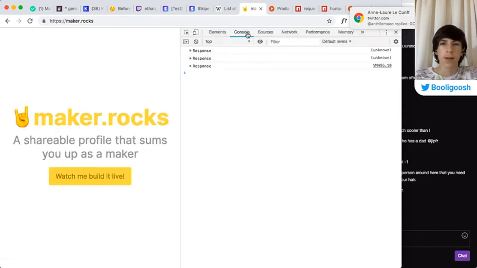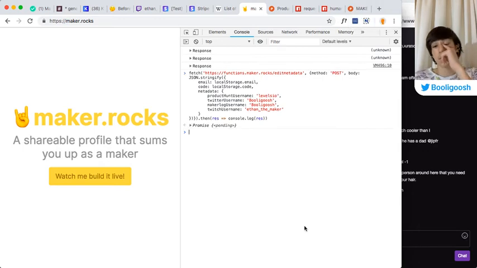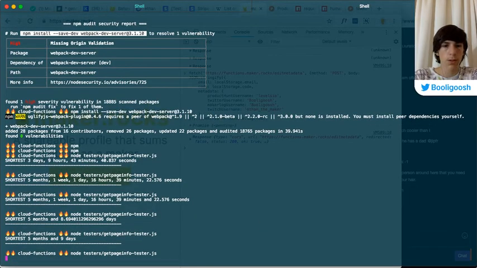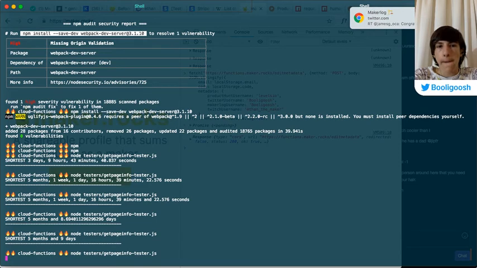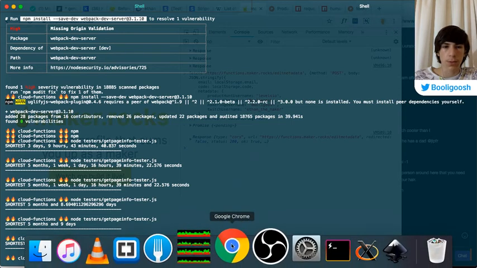Just saying. If we go back to here and then levels IO, and then we redo this. And then it says 3 days. Perfect. Awesome.